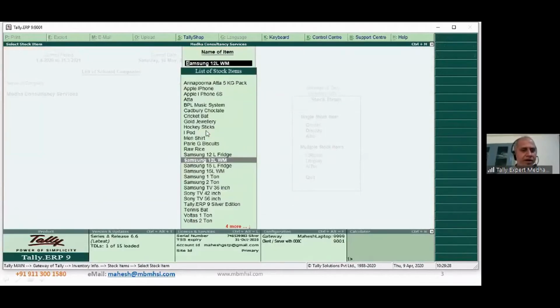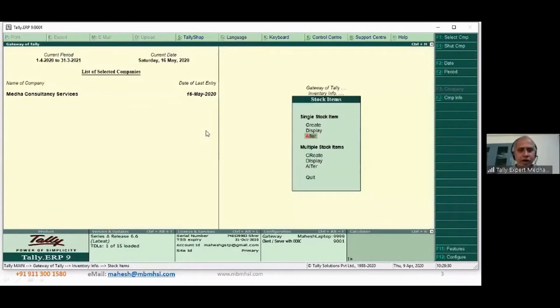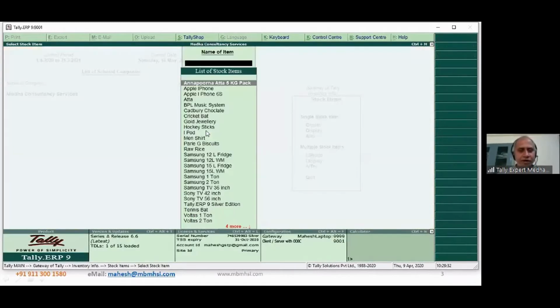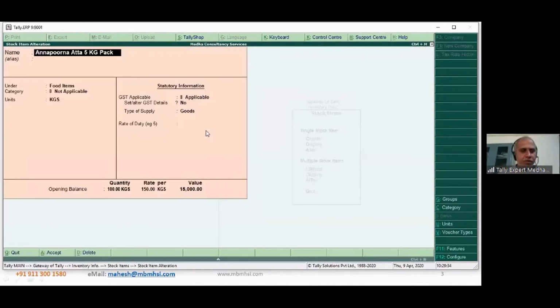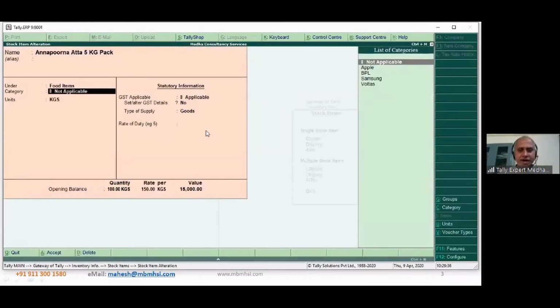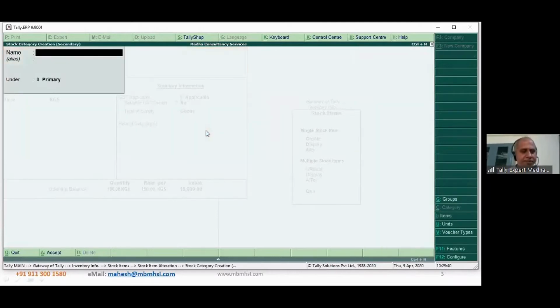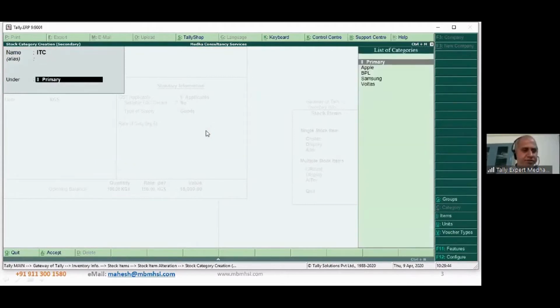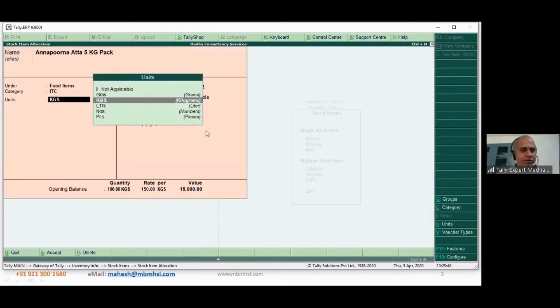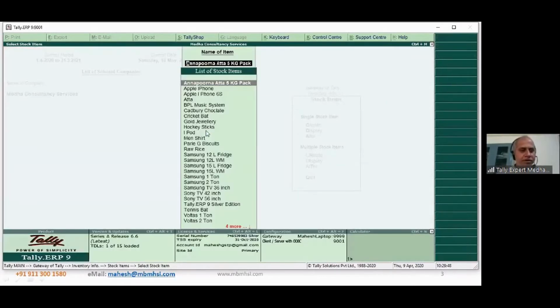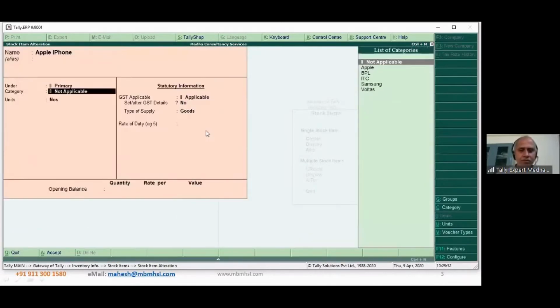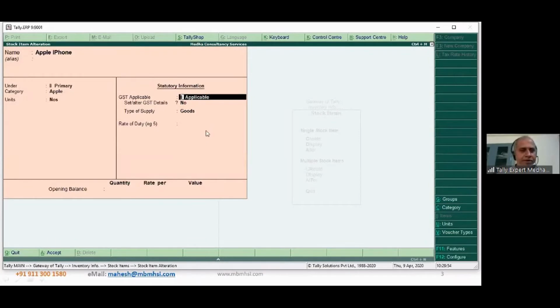Like this. Now I need to go here to Annapurna. I have not got ITC as a category, so I'm creating this by clicking Alt C, saying ITC products. Apple comes from the Apple brand.